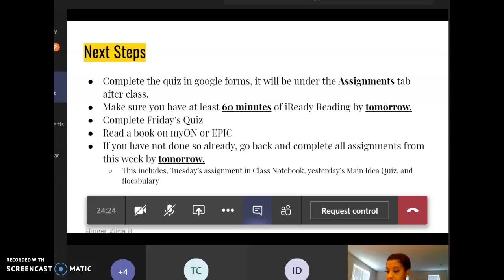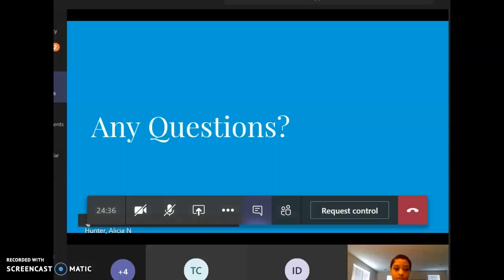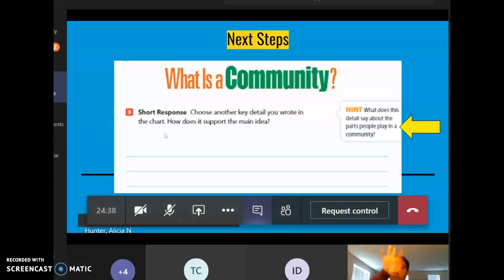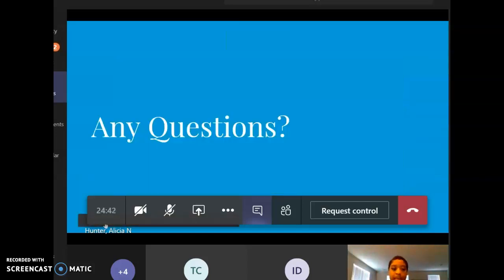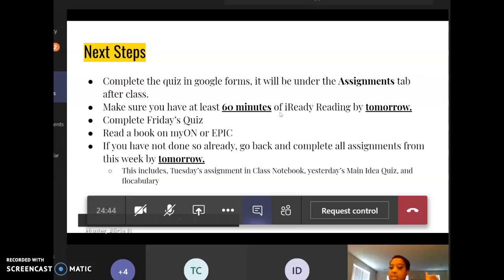Okay, your next steps for today. Complete the quiz in Google Forms. It's going to be under the assignments tab. So this question that you're responding to is going to be in a Google form, so it's easy for you to just type in and respond to it. And it's going to be under the assignments tab, just like the quiz from yesterday was. It's not going to be there now. It posts directly at 10, but after I go through this list, I'll